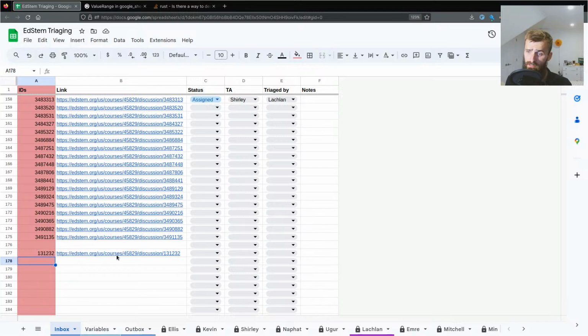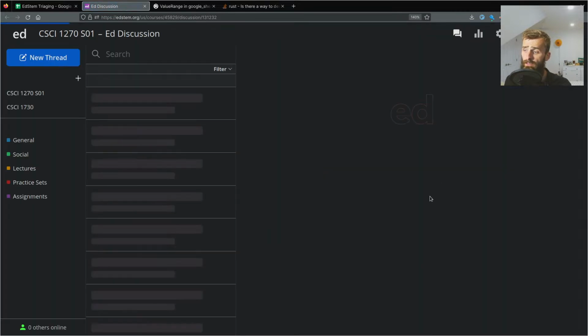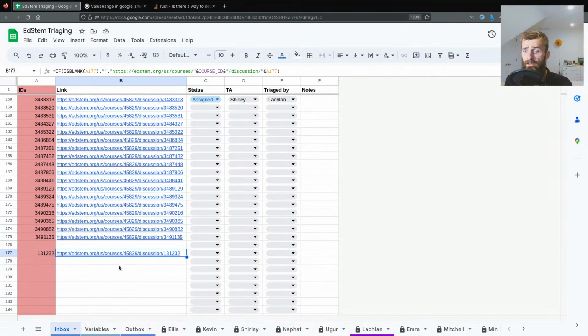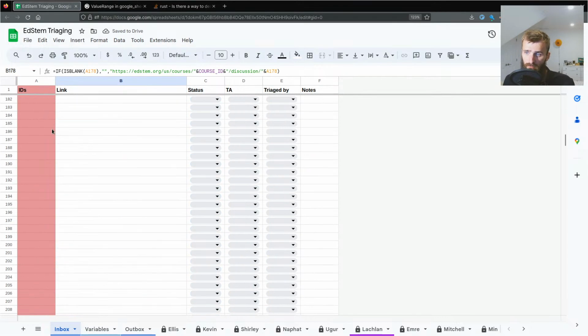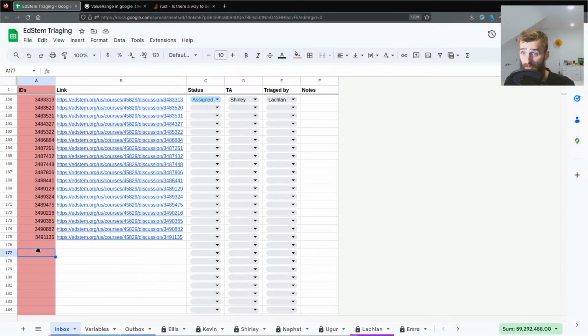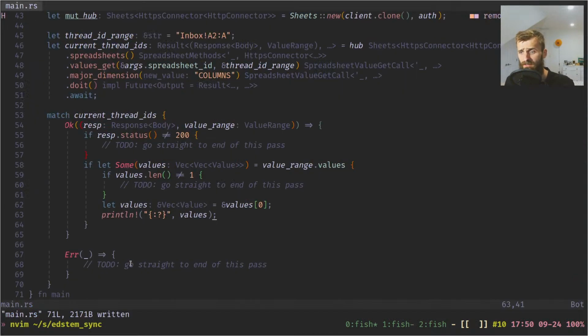So even though this is presumably a dud link, and it will give me some sort of 'you do not have permission to view this thread', it doesn't matter from the script's perspective, because the script isn't actually confirming that any of these are edstem posts. It's just checking that for those things that are edstem posts, we have all of the IDs to match those. So I'm going to cast this to an integer,